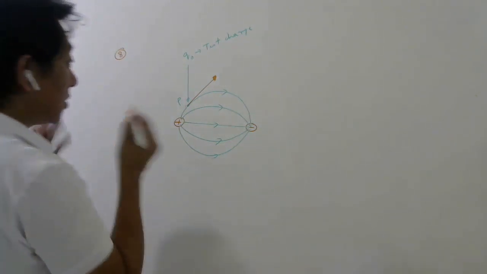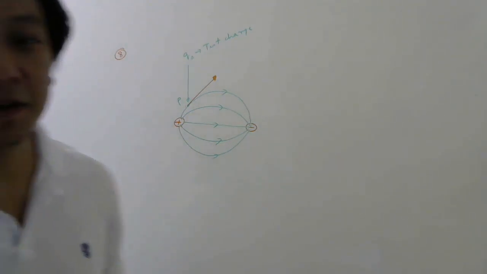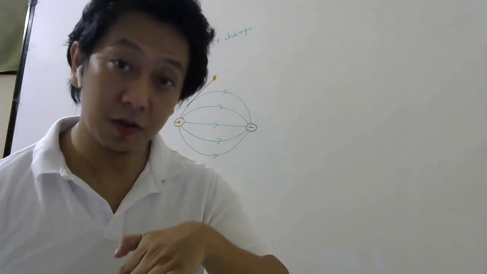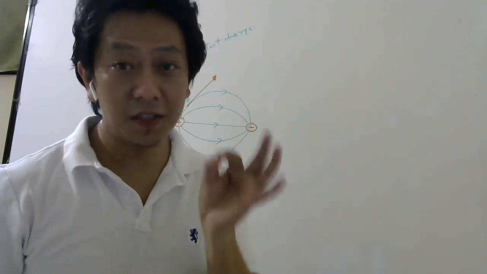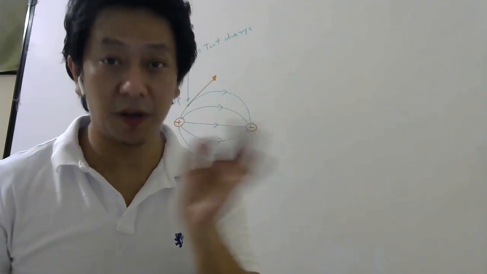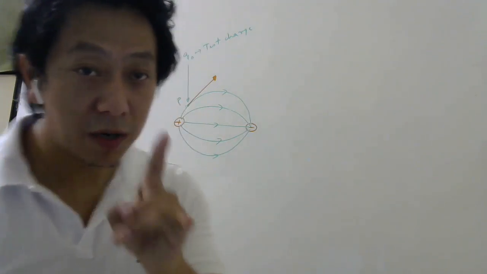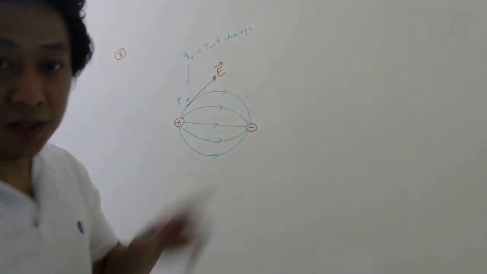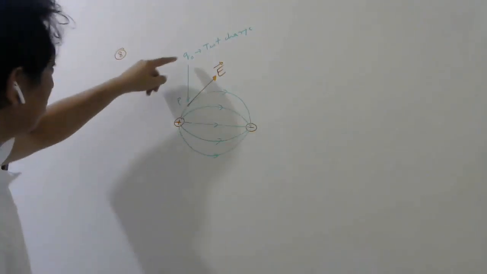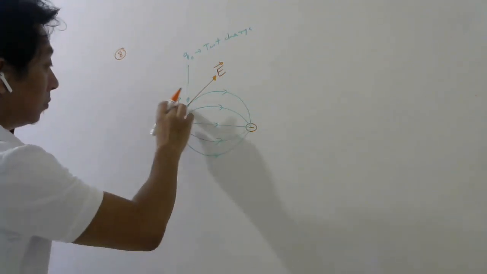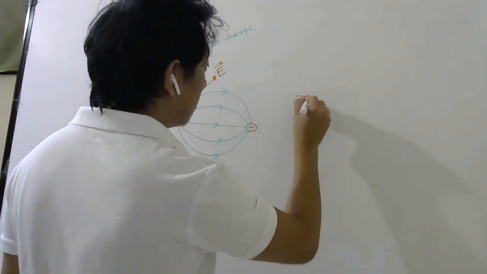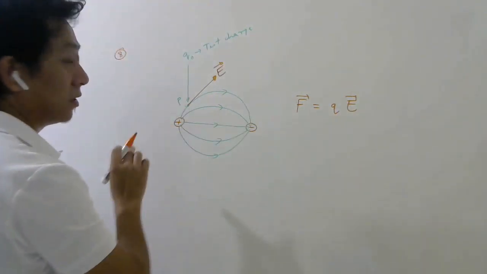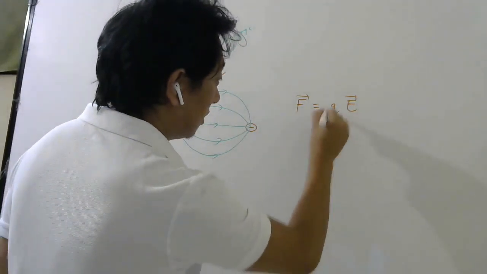Okay, so first of all, you go back to the meaning of electric field line. What is electric field line? It is a line which can be straight also, which can be curved also, such that if you draw a tangent at a point, that tangent gives you the direction of what, students? The net electric field. But in the options, electric field is not there. Why? Because they are going to put a charge here. Now if you put a charge there, then the force is given by Q into E. If I take the test charge positive,